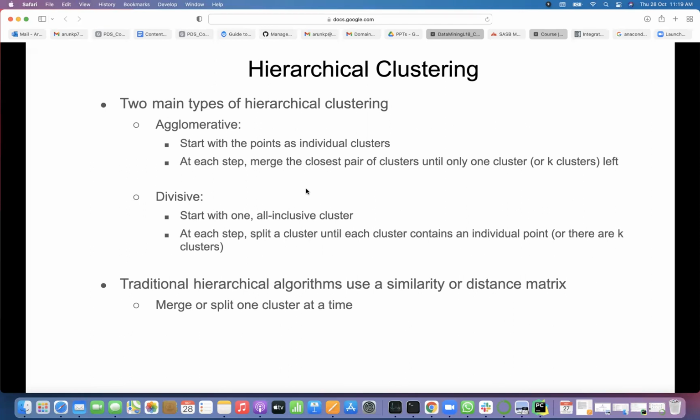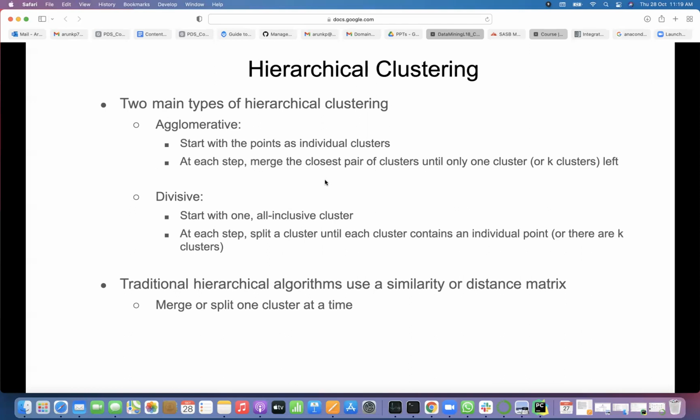You start with everything as 1 cluster. Then at each step, split a cluster until each cluster contains an individual point. Then how do you divide, or how do you take out 1 point out of the given cluster? Because initially we assume everything is one cluster, right? All points belong to 1 cluster. Then how do you start dividing that cluster into 2 parts? We will see that there are different measures we need to know, to find which one is not same or closest to other points, or which one is completely different from others, or deviating from other points. That point should be taken out.